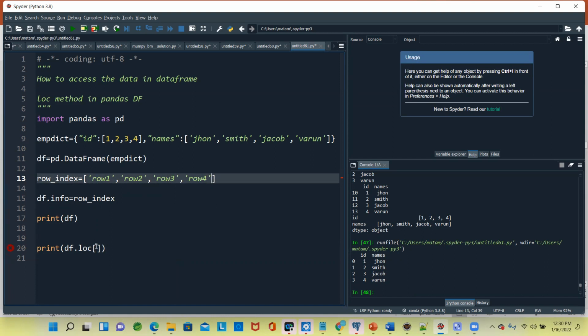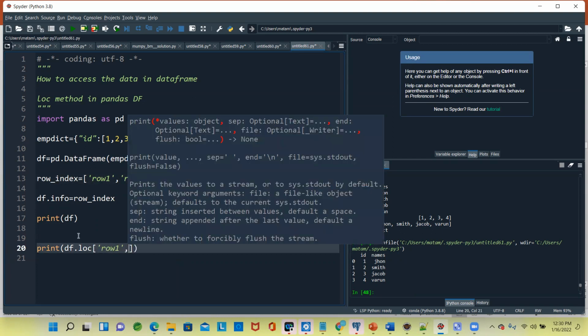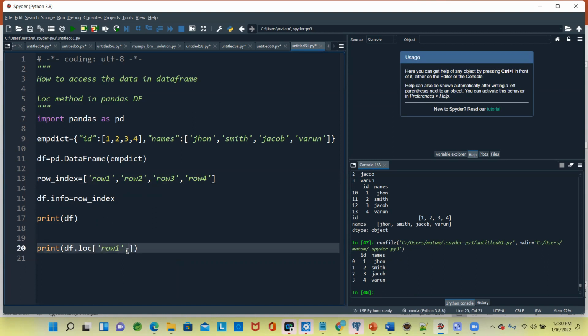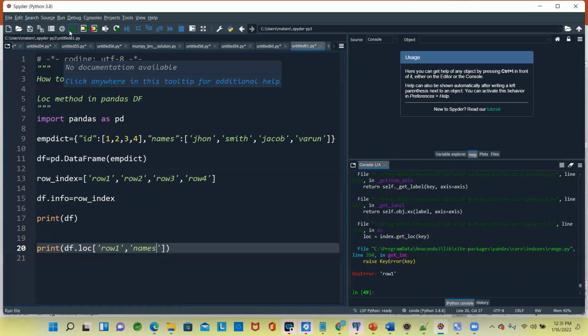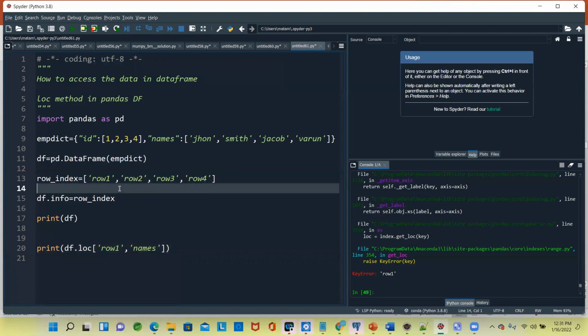Yeah. So now what will we do? We'll say row 1, comma, names. So row 1 is not there. Oh wow.